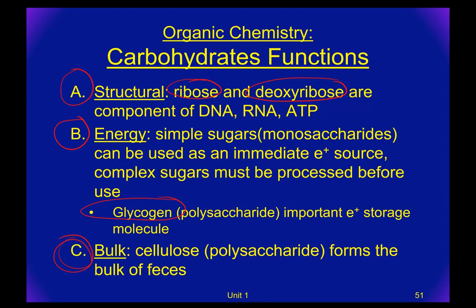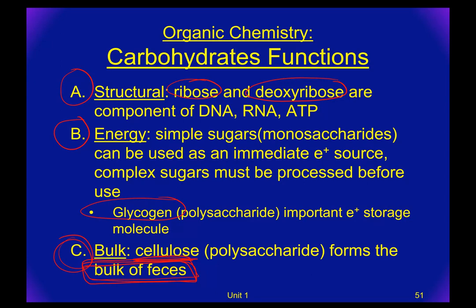Now you might be going, what? Okay. Cellulose is also a polysaccharide. It is a complex sugar, but this particular complex sugar, our bodies cannot process. I'm sure you've heard of fiber. Cellulose is fiber, okay? So you've got this very complex sugar that we do tend to eat quite a bit of, and our body can literally do nothing with it. So what happens? It creates the bulk of our fecal material. It makes our poop. Now I know you're probably going, ew, gross, but